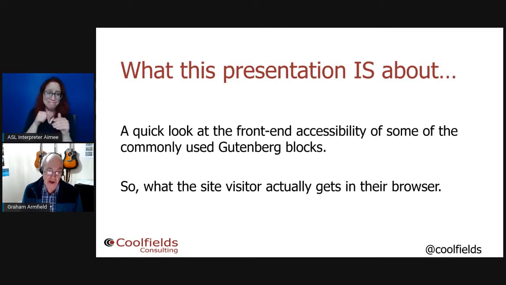They just want it to work and to sell their products and services. So I wanted to see what it would be like if I just picked up some of the Gutenberg blocks and saw what sort of accessible delivery that enabled, so the stuff that the site visitor actually gets in the browser. So I'm not going to talk about the admin area at all, apart from enabling and disabling some plugins.